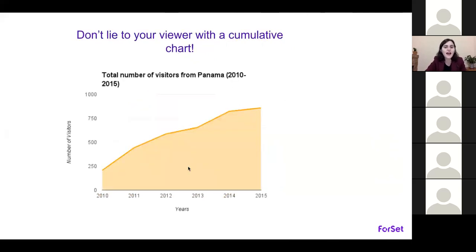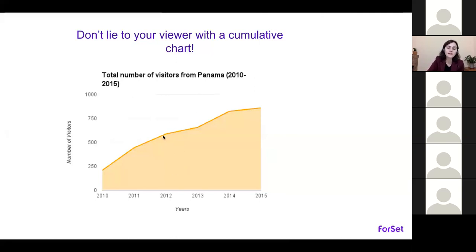So what's happening? The case is that we are using a cumulative chart here, meaning that whatever number we had in 2010 and whatever number we have in 2011, we combine them and put in every next value. And technically, even the title of the chart is not a lie, because we say total number of visitors from Panama in 2010 and 2015. So if we look at this number, we say that in 2012, in these years, we had this many visitors